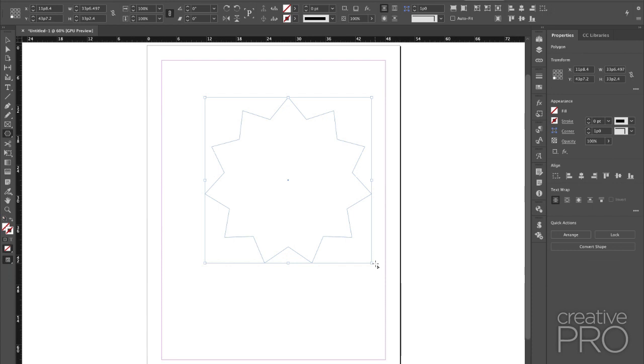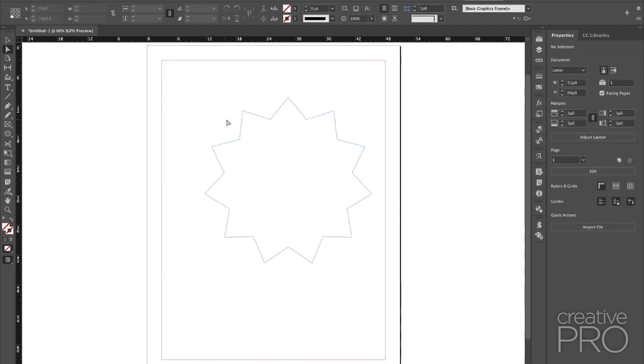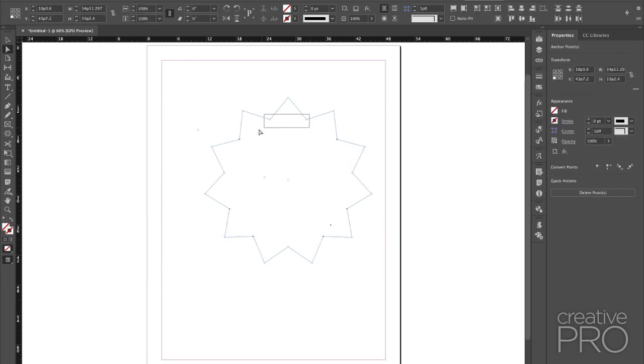So once I have a starburst, once again, I can go back to my direct selection tool by pressing A, and I can see all the points on that. And once you have the points in here, you can start selecting those separately. So I'm going to select just these inside points. I'm not going to worry about the outside points. I just want these inside points like that. So I've selected all the inside points and left the outside points deselected. Once again, I can come in here and start rotating this.